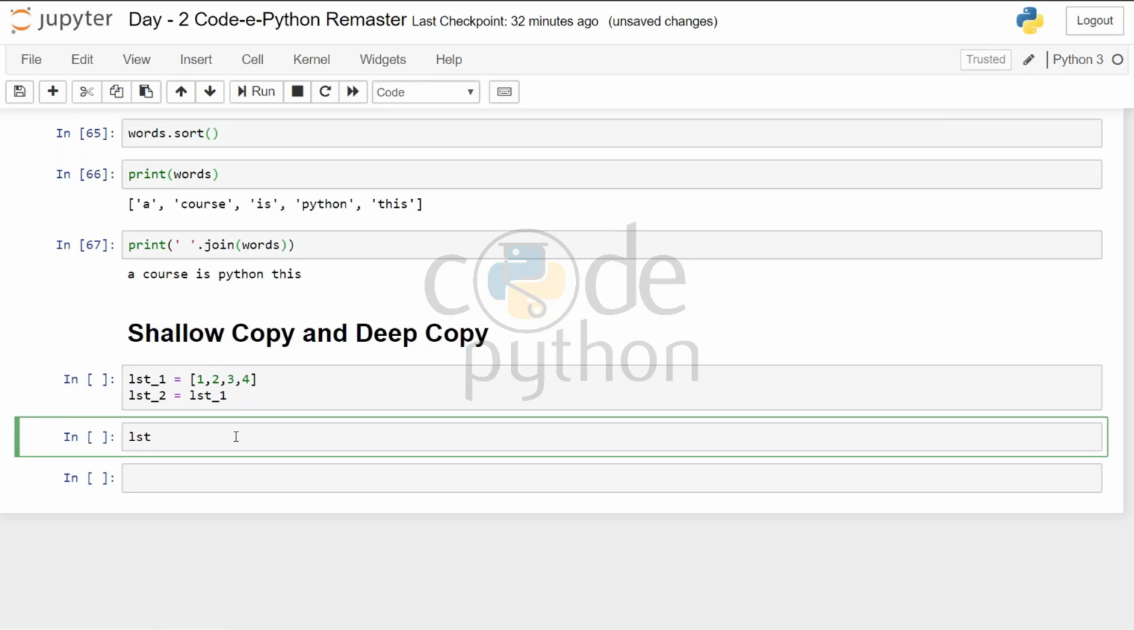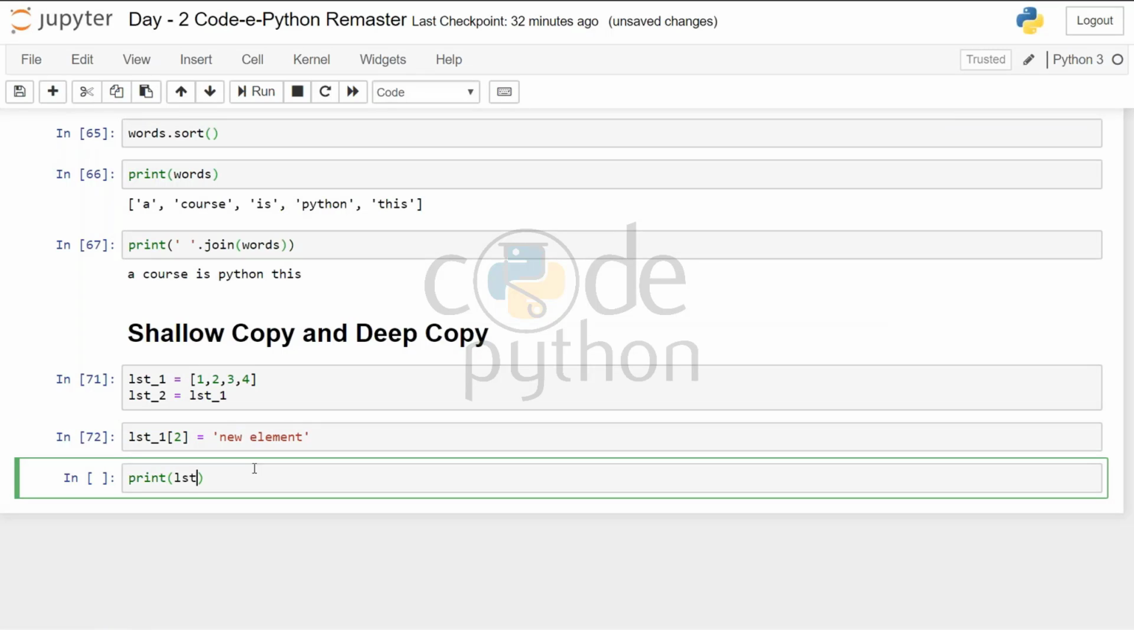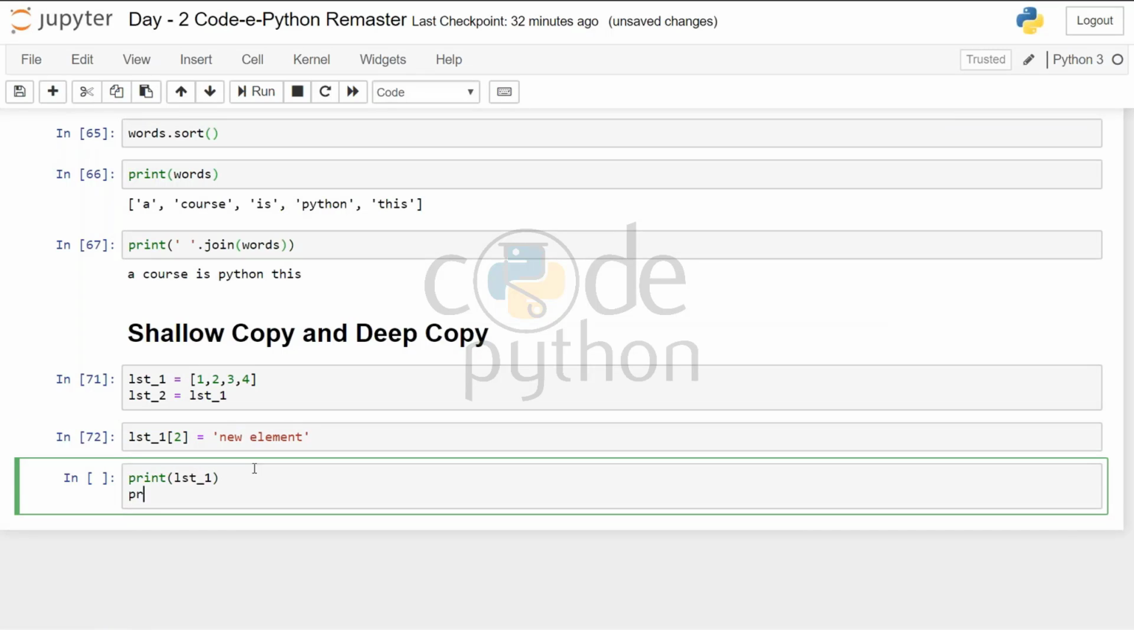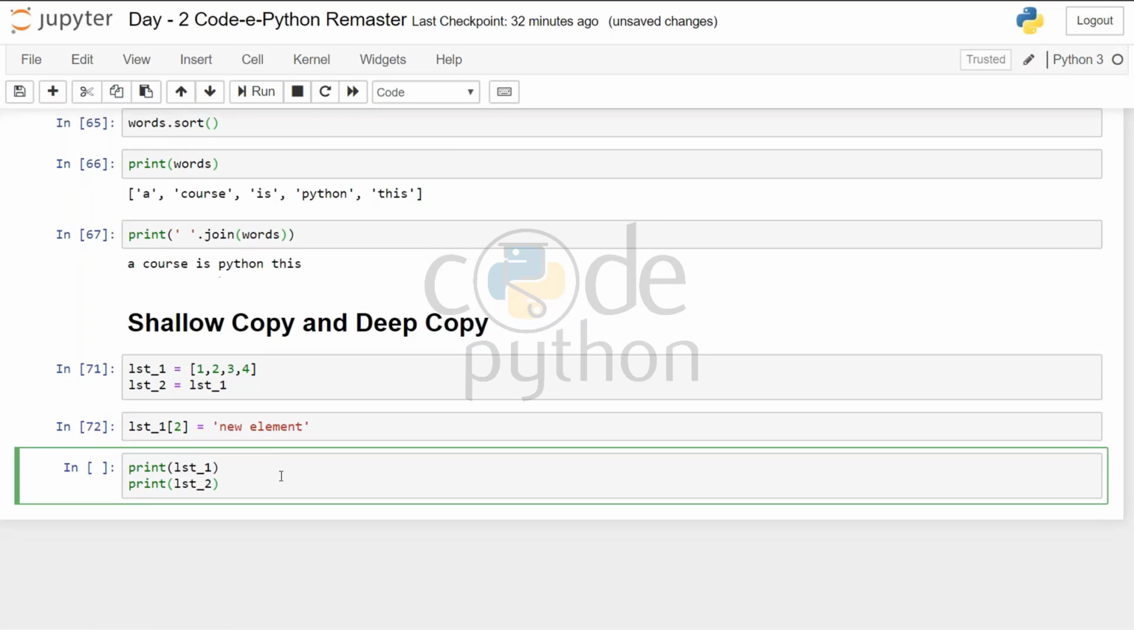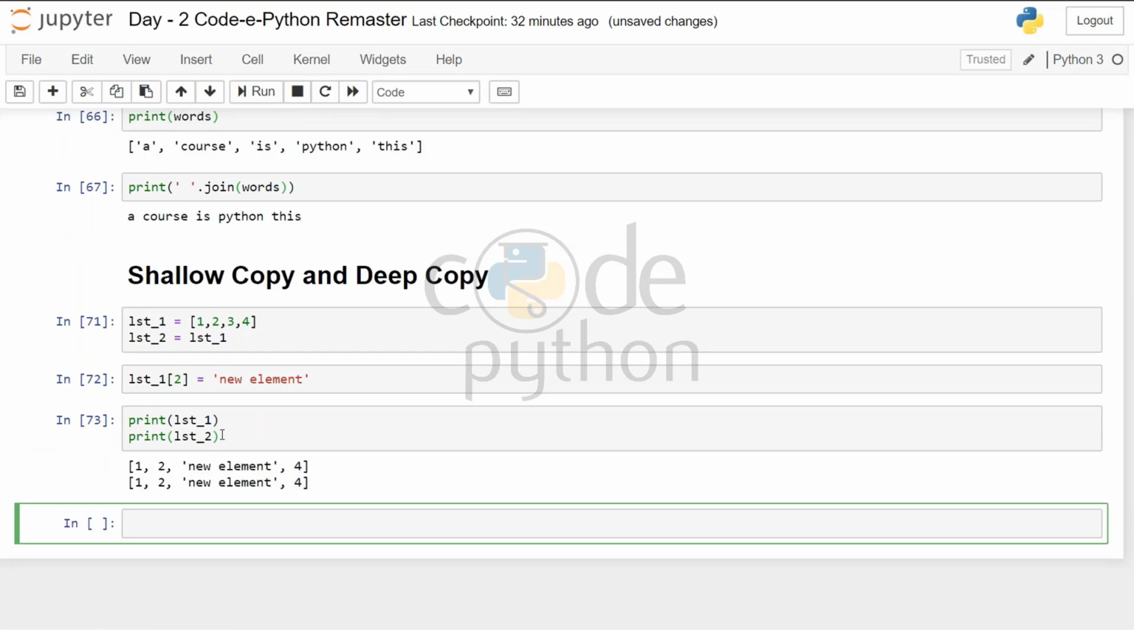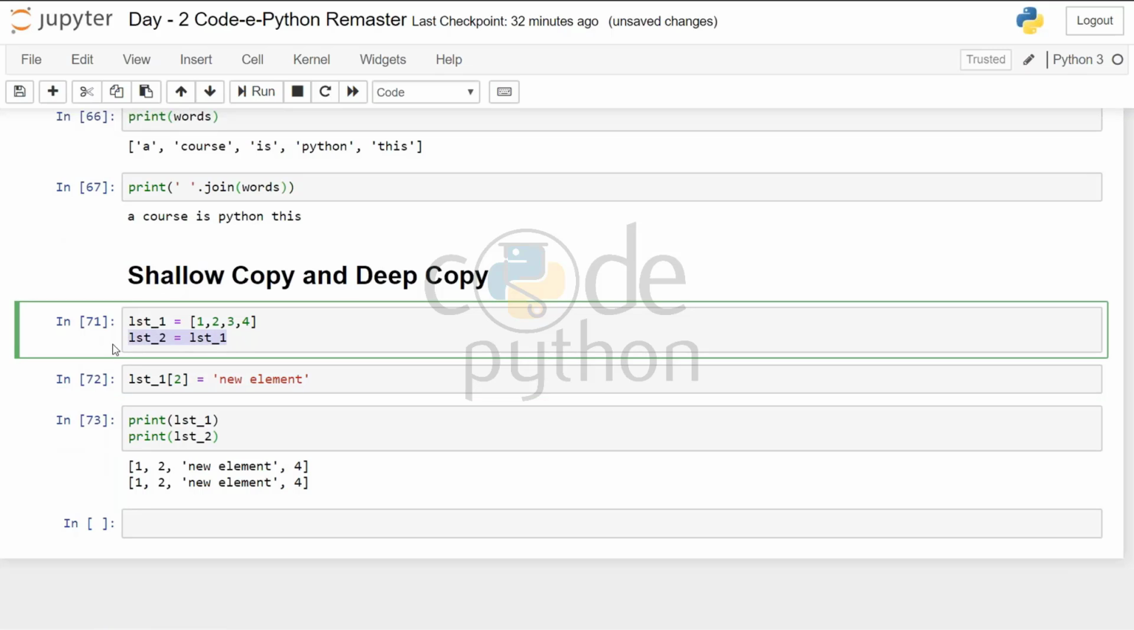Now when I make changes in list 1, I'm changing this element at second index. I'm calling it new element. Now if I print these two lists, the result will be affected in both of them, because here I assign the list directly. So if I want the changes not to reflect in that particular copy, I'll use the copy